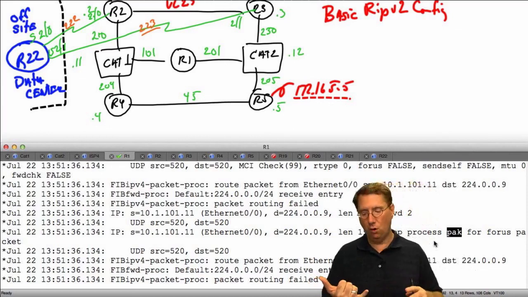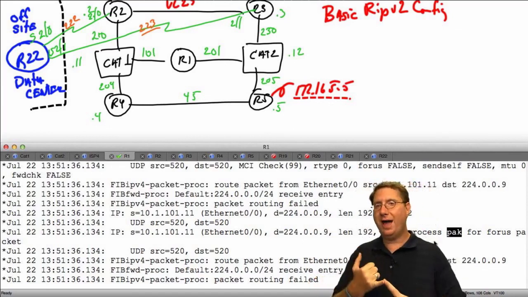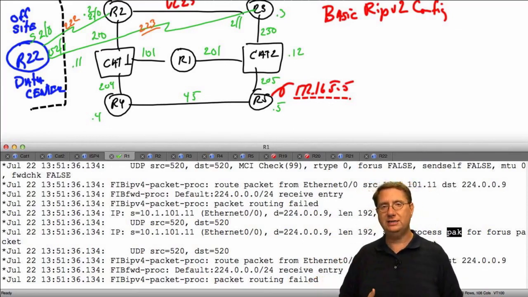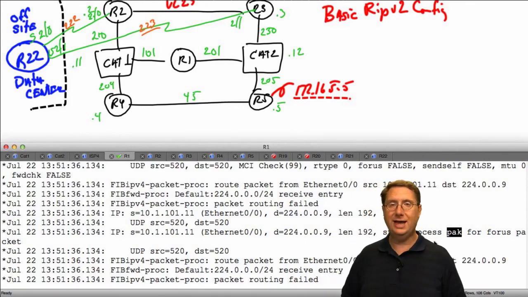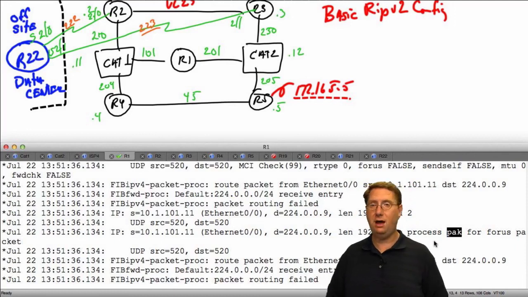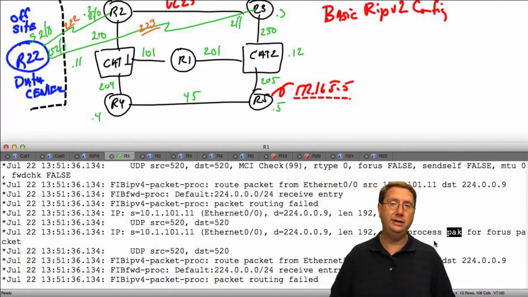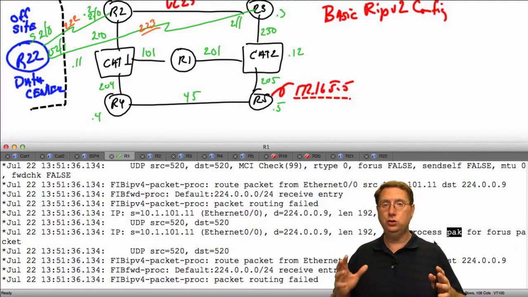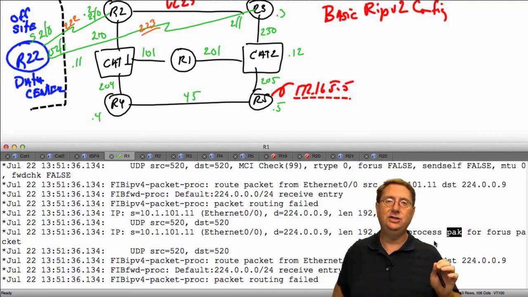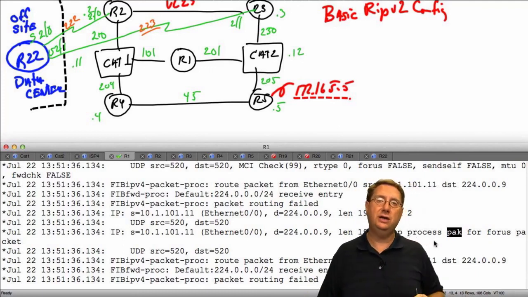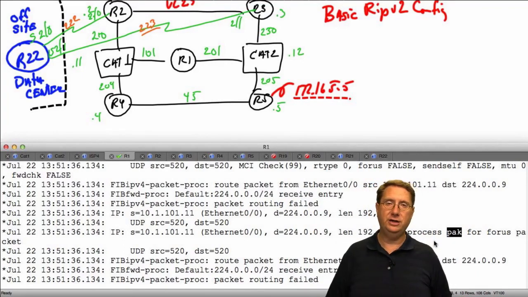So with that being said, we've walked through what our packets look like and what source and destination UDP ports are being used, 520. We talked about the multicast address of 224.0.0.9, which is a link local, non-routed multicast address that's used by RIP version 2 to communicate its information. So with that being said, let's dive out of here and jump into another topic associated with more fundamental configurations